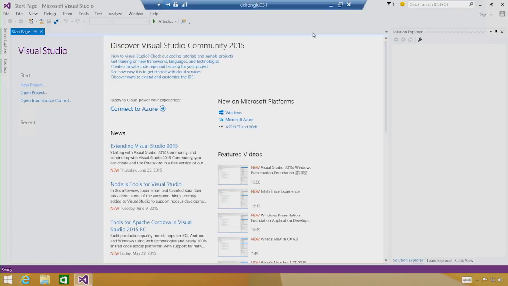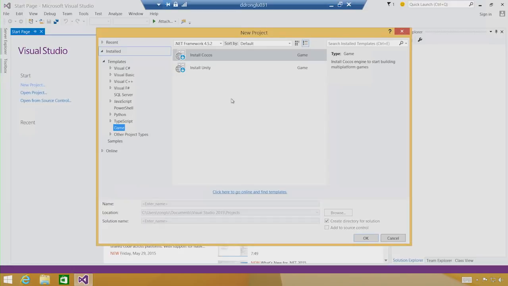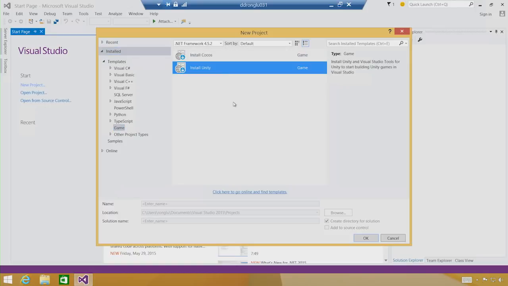Here I am in Visual Studio 2015 Community. As I mentioned, once you have that installed, this becomes your one-stop shop for getting everything else. So what we're going to do is go to the New Project dialog. On the left side, you'll notice we have a game node now. Underneath that, you can now pick to install Unity right from here. So if we click OK,